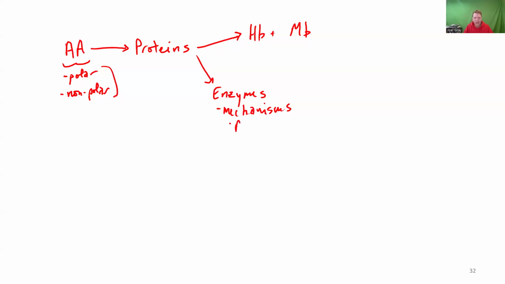And acid base catalysis, for example. Well, in acid base catalysis, an acid donates a proton, a base accepts a proton. Then we can think back to our amino acids and say, which amino acids are potentially involved in acid base catalysis? Are they going to be the polar amino acids or the non-polar amino acids? Let's think about the non-polar ones. Leucine or isoleucine. Those are hydrocarbons. Those aren't going to donate a proton or accept a proton.